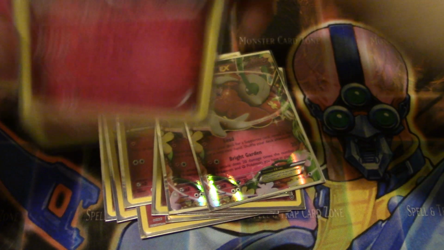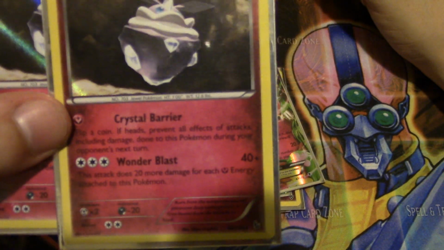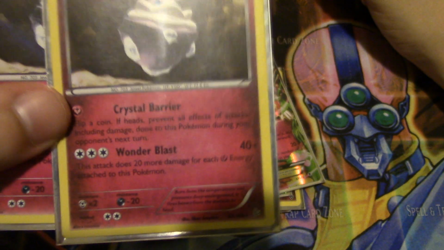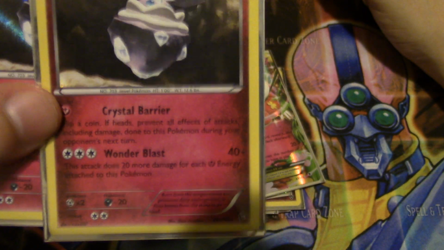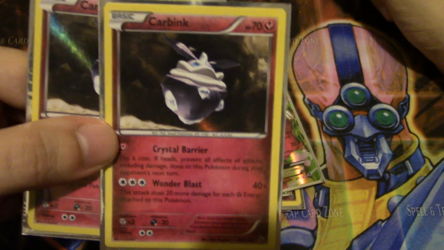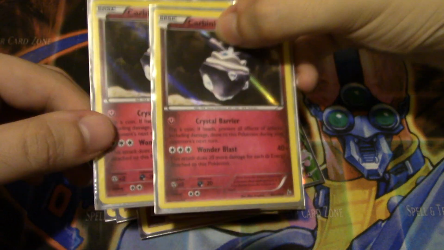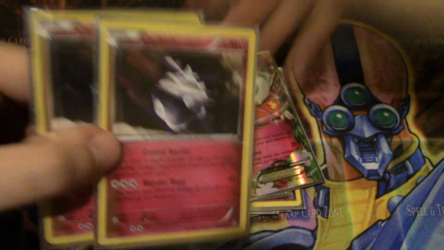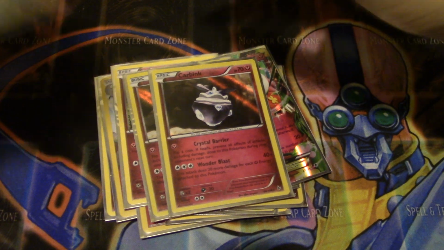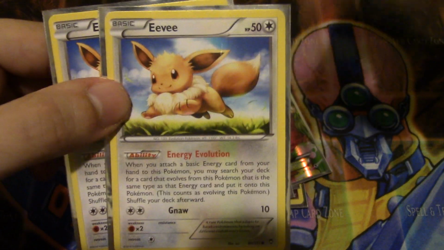So next I have 2 Carbink. This can prevent all damage for 1 energy, or it can do 40 damage plus an extra 20 for each fairy. So with the Aromateas and the Togetic, you have lots of fairy energies, and then you just switch them all to Carbink, and you can go in for quick kills with Carbink, and it's just a basic Pokemon. And then I have 2 Eevees, and this is the one that if you attach a basic energy,